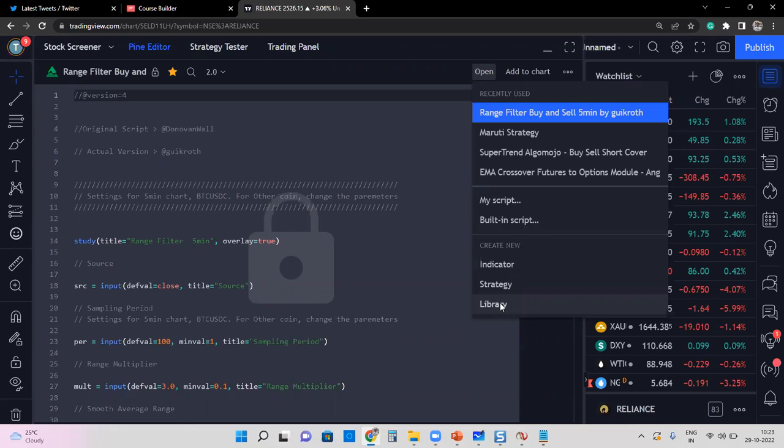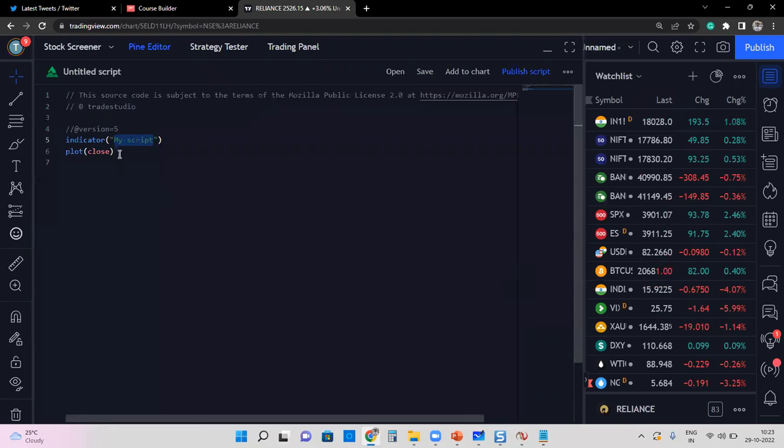But our major focus is primarily going to be building indicators and building strategies only. So let me create the very first indicator. I'll go to the indicator. Here you can find //@version=5. Now, what does that mean? This is a compiler directive. A compiler directive says which version of